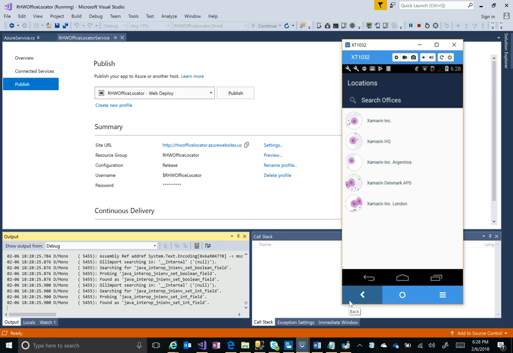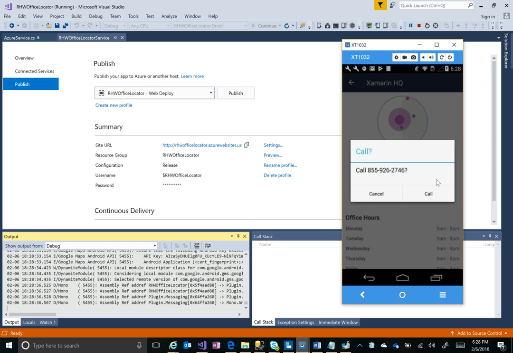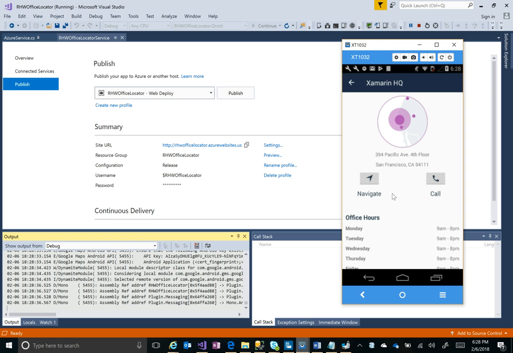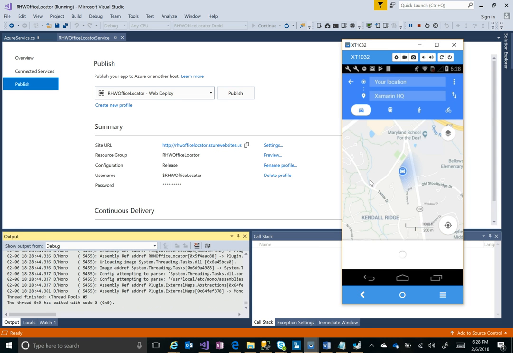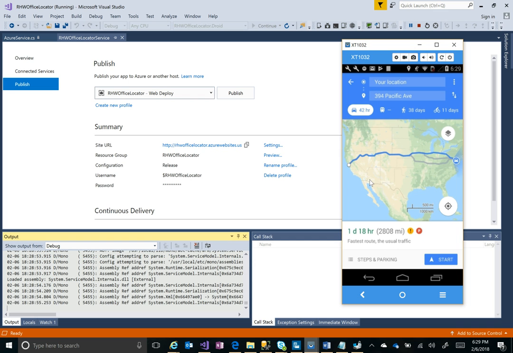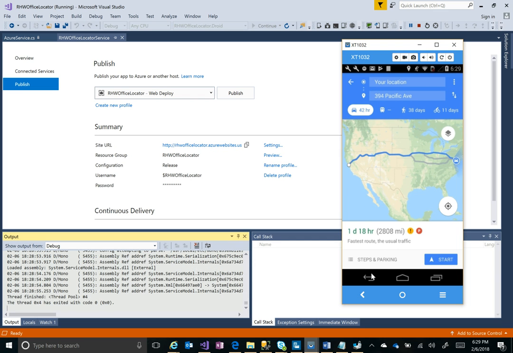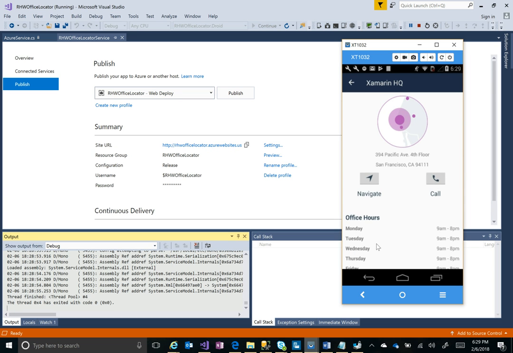So as the application starts here, you'll see the locations we imported earlier. I'm just going to select the headquarters location here, and then we're going to take a look at the call controller right here. And then if we choose to navigate right here, we'll bring up a map control and get directions to this location. Okay, now I'm just going to flip back to the application, and if I scroll down to the bottom here,